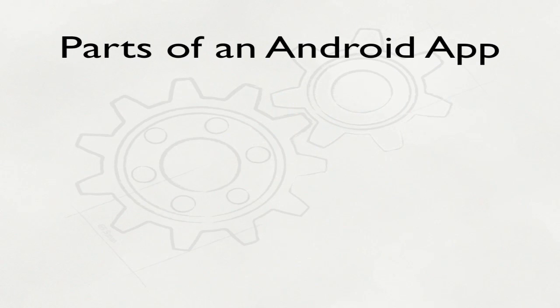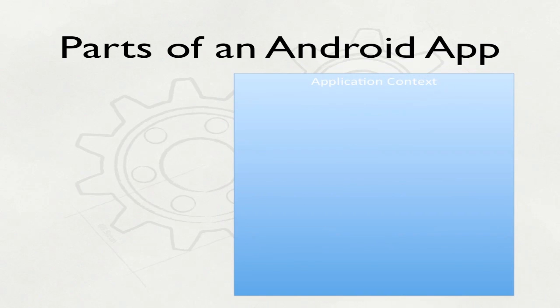So real quick, the parts of an Android application. First of all, you have what's called your application context. This is the app itself. It's an important distinction though that this is separate from the individual pieces that make it up. So essentially this is your main application loop. There is a class that is your application. You can subclass it and replace it with your own class if you want to,